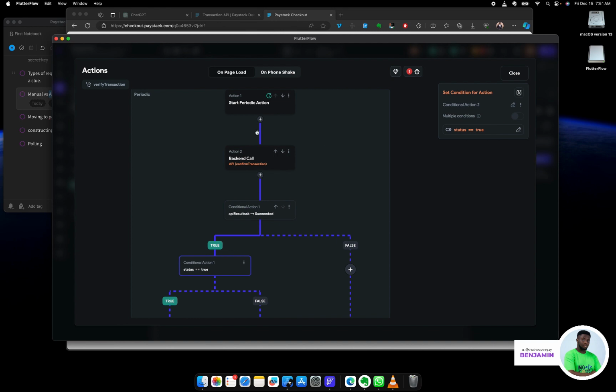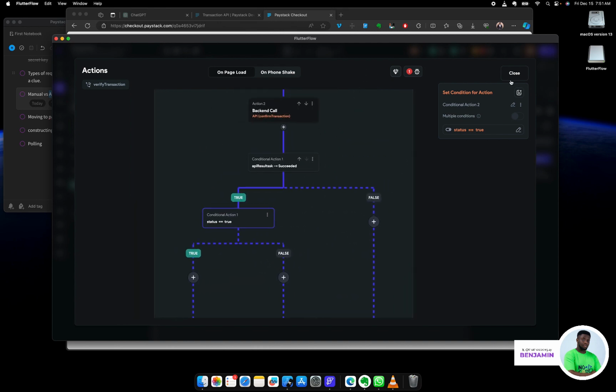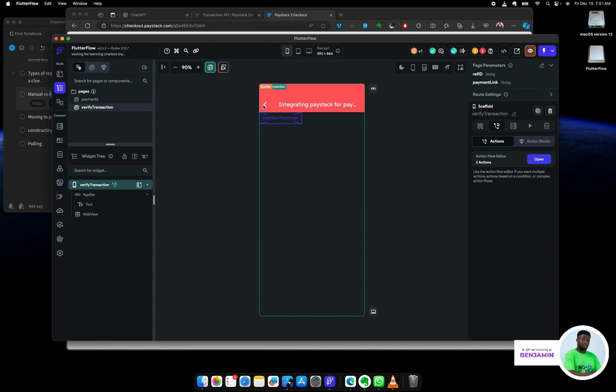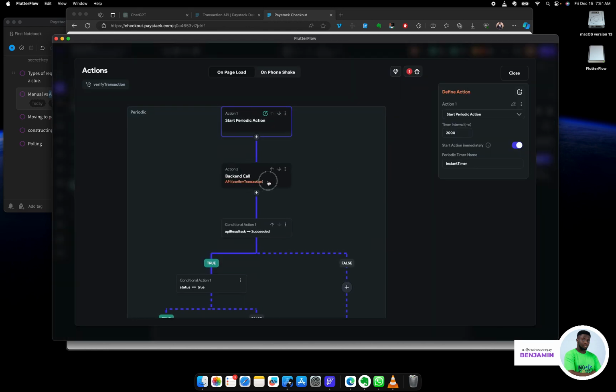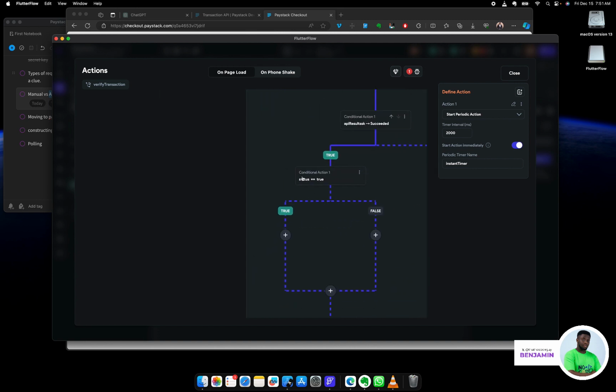It's going to keep performing the action every 2 seconds. We don't need to do anything. If the customer gets tired and doesn't want to pay, they can click here and then just leave. Or you can deploy any other logic you want. But we'll just keep checking, and if the status is ever equal to true, then we can come down here and